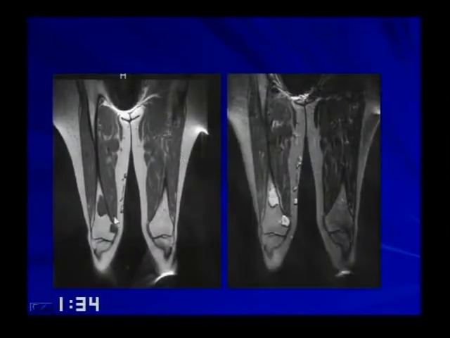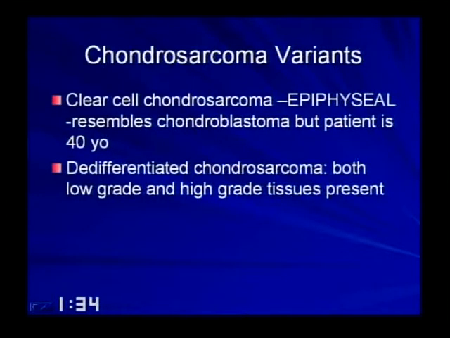And here's a patient with cartilage lesions. Chondrosarcoma variants, be aware of clear cells. The only thing you need to know about clear cells is that they are epiphyseal. So you have a 40-year-old with an epiphyseal lesion. It's something to think about. Dedifferentiated chondrosarcomas are lesions where there's both high-grade cartilage lesion and low-grade cartilage lesions. And what you might see in these dedifferentiated, suppose you have a cartilage lesion that looks sort of benign, but over time the patient starts losing that calcified matrix. That's actually a very bad sign, meaning that you're going to a more anaplastic tumor.